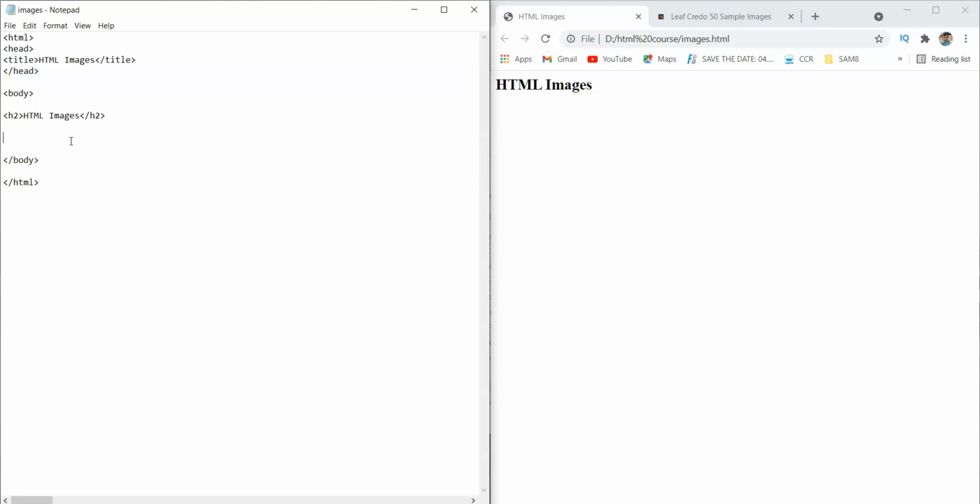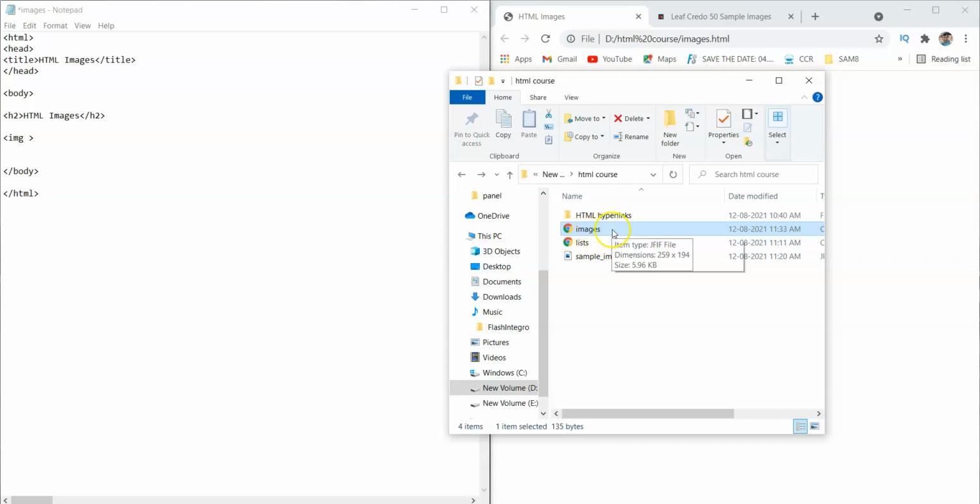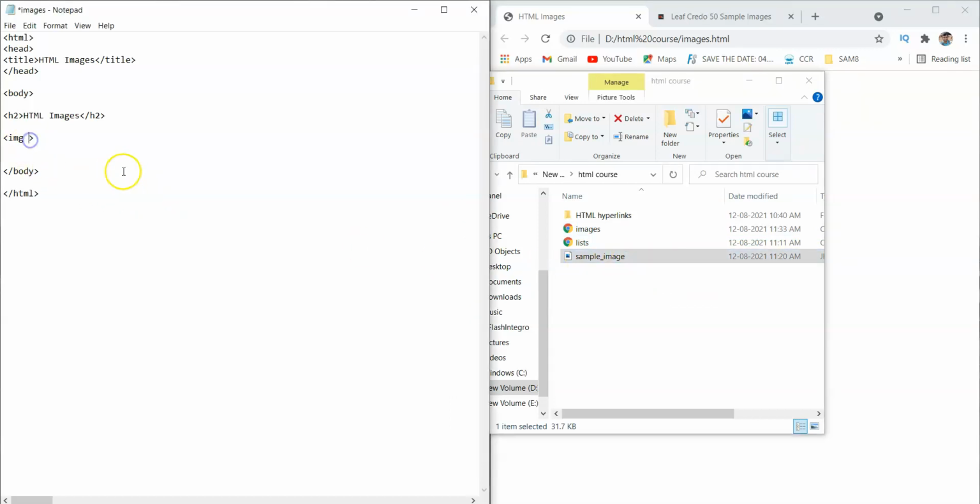So for images the tag is img, image tag. This does not have a closing tag. Okay, now how to add an image. So my HTML page is images.html, and in the same folder I've added one sample image. Okay, so now here in image tag